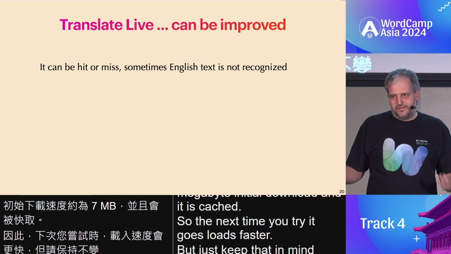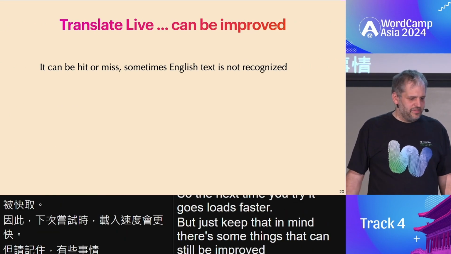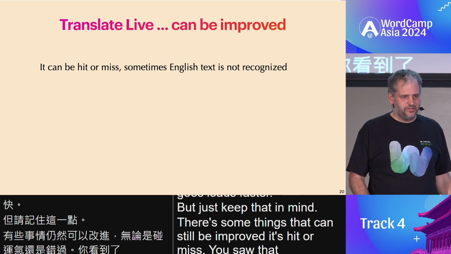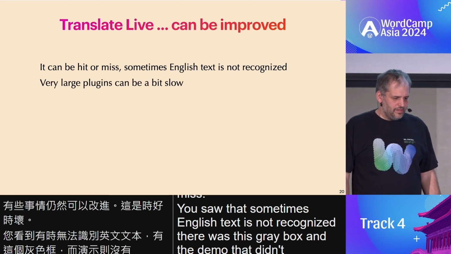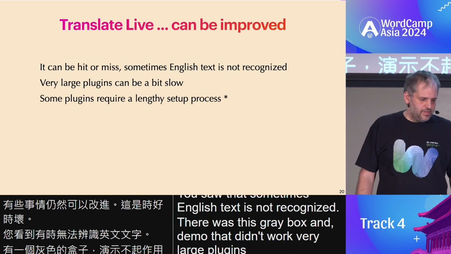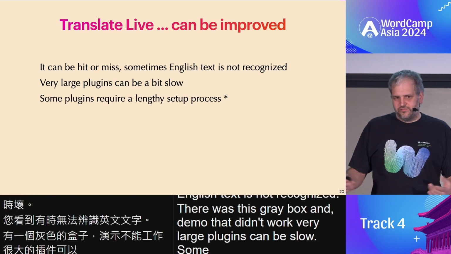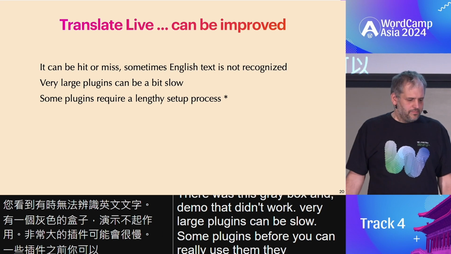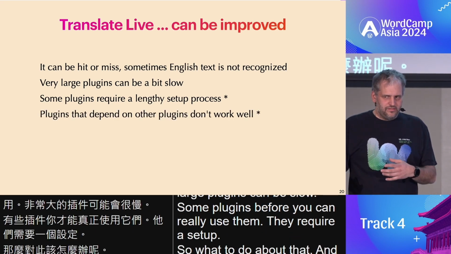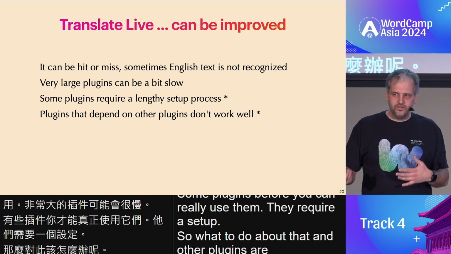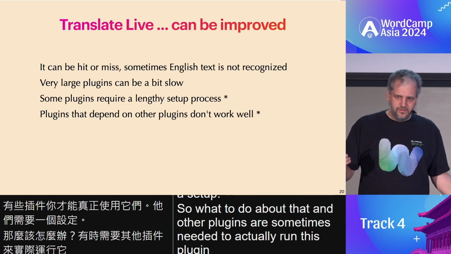There's some things that can still be improved. It's hit and miss. You saw that sometimes English text is not recognized. There was this gray box in the demo that didn't work. Very large plugins can be slow. Some plugins, before you can really use them, they require a setup. So what to do about that? And other plugins are sometimes needed to actually run this plugin. So I can have a